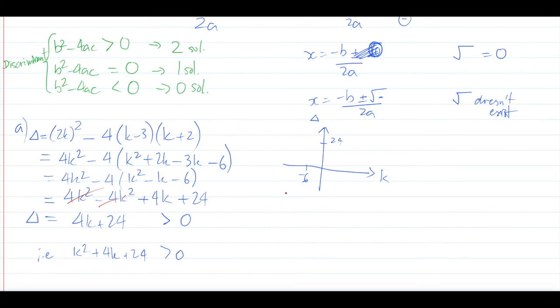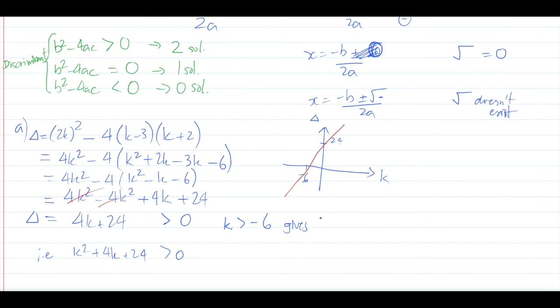And if I was to draw a line, excuse me, it's not super straight, but that's good enough. It's not marked, it's just a mini sketch to help you find the k value so that you get two solutions. In this case, we look at our line, and we want to determine when it's bigger than 0. It's pretty obvious from our graph that k should be bigger than negative 6. And if that's the case, then your discriminant would be bigger than 0, and if we know that our discriminant is bigger than 0, then we get two solutions. So that is part A, guys. So k bigger than negative 6